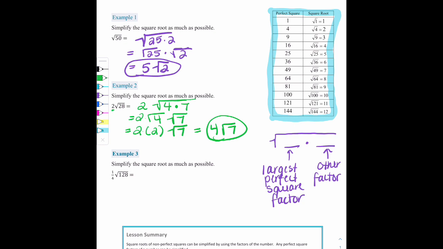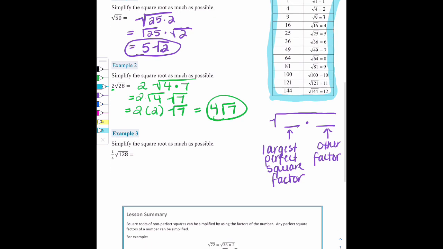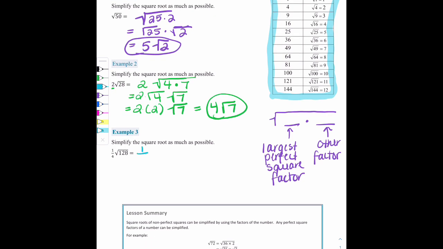Example 3. Simplify the square root as much as possible. So we have this 1/4 here that we must keep. And we are going to break down 128 into the largest perfect square factor first times whatever other factor we need. So looking at that list, the largest perfect square factor would be 64 that divides evenly into 128. And we would have to multiply that by 2. So we get 1/4 square root of 64, square root of 2,